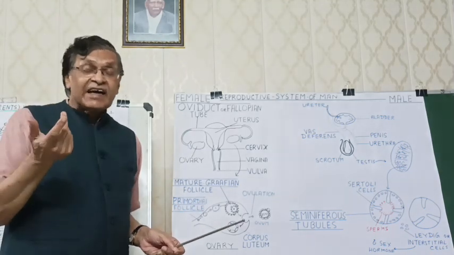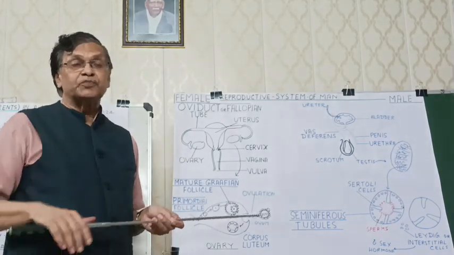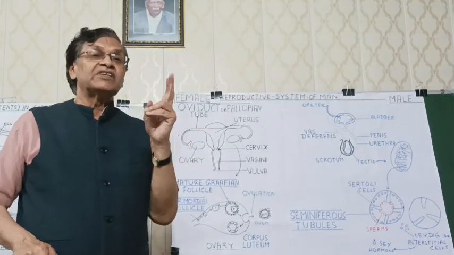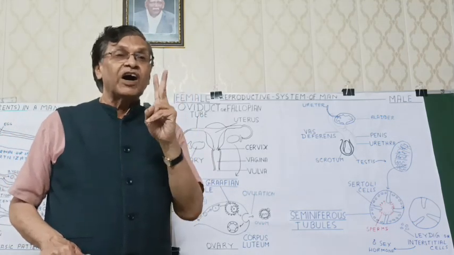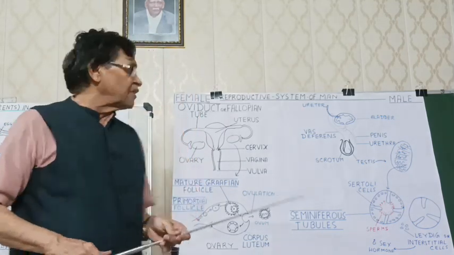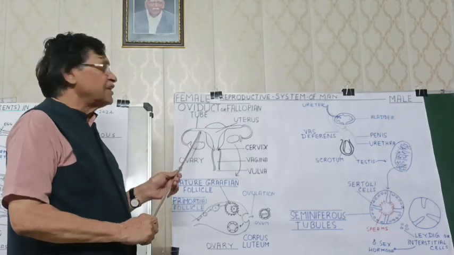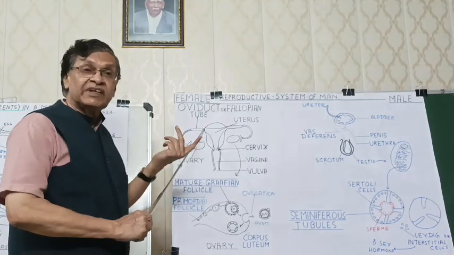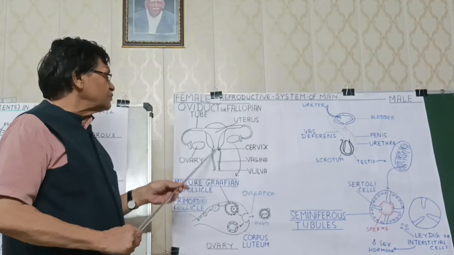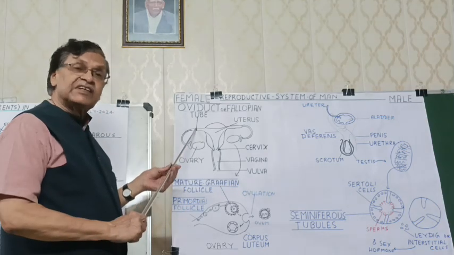And the life duration of a sperm and egg, both, is only up to 24 hours. So what will happen? If in 28 days only one ovum is released, if a sperm meets it, it forms a